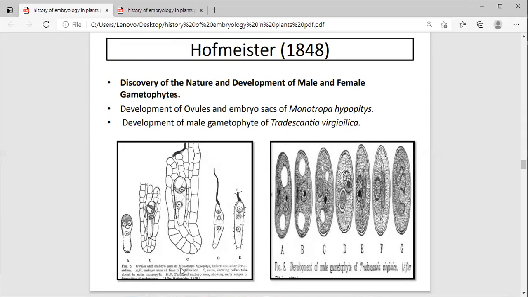First time this Hofmeister got this slide and he sketched it. If you see D and E, he drew this sketch here. That's the fertilized embryo sac. This is the darkest thread-like structure, nothing but the embryo sac. Here are some kinds of synergids. This is the egg cell here. So early stage and later stage. This is the early stage. After the release of male gamete, this is the male gamete, this is the female gamete, this is the after stage. And these sketches are the embryo A, B, C, D, E, F, G. These are the stages here.